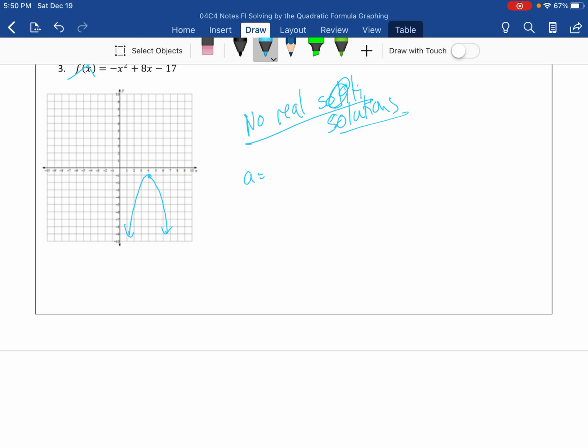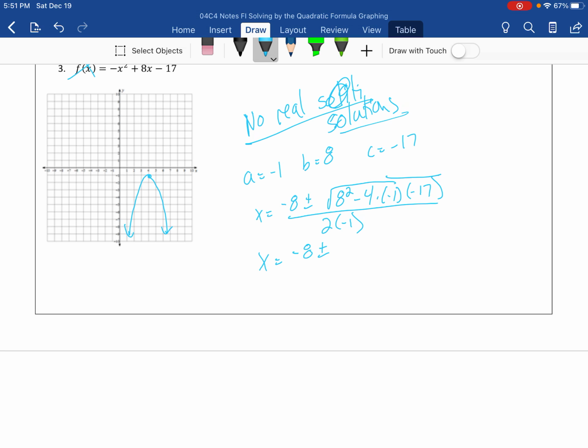So we can use our quadratic formula to actually go through and solve, going back to the previous lesson. So in this case, A would be -1, B would be 8, C would be -17 because the quadratic formula is the best way to find imaginary solutions. X is equal to -8 plus or minus the square root of B squared minus 4 times A times C all over 2 times -1. So X is equal to -8 plus or minus the square root of 64 minus